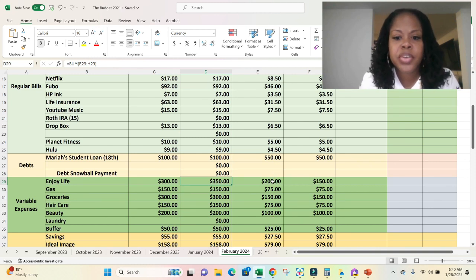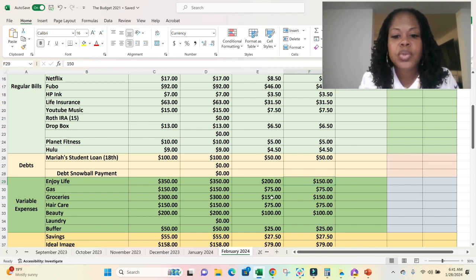So I'm going to move that up to $200 because of Super Bowl. I'm pretty sure I'm going to go somewhere for Super Bowl, whether I need to make a dish or whether I'm buying drinks or whatever, but I'm going somewhere. So let's just increase that a little bit. If I don't use it, I don't use it, whatever. So let's just up this to $350. The rest of the month, I ain't really got nothing going on, so I honestly doubt I'll be spending that $150 anyway. Then gas stays at $75 each paycheck, and I'm not going anywhere, but I'm just going to leave it at $75.